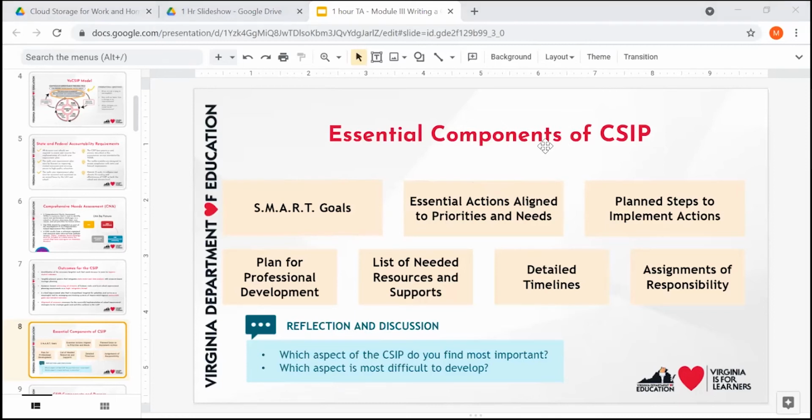See a lot of people saying essential actions, professional development. At PD, there's essential actions, planning those steps, the timeline. And guess what? All of you are right, because they're all critically important for what you do with the school improvement plan. But reflect on that and be thinking about, what is the most difficult to develop, and really get